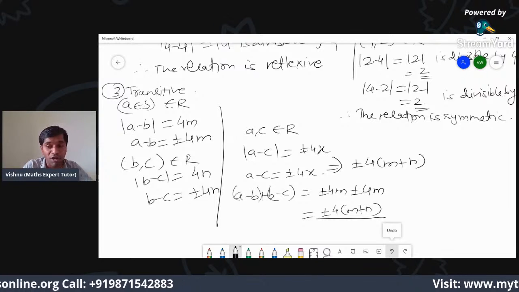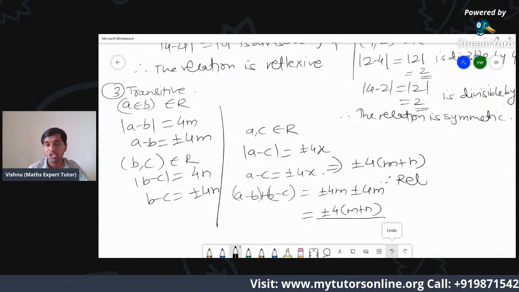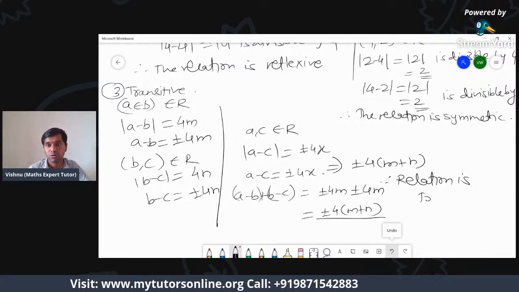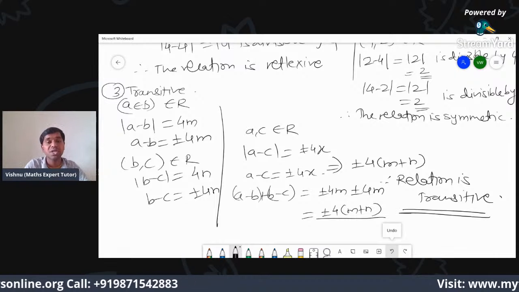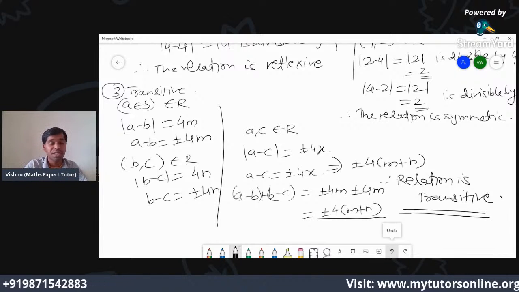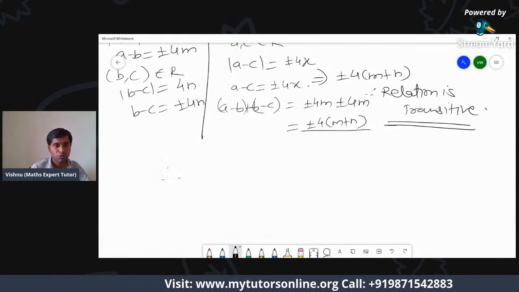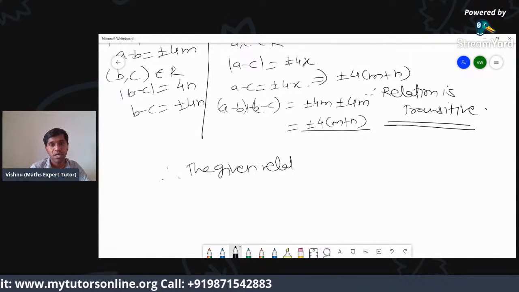And if it is a multiple of 4, that means what? Therefore the relation is transitive, and we can say that the given relation is